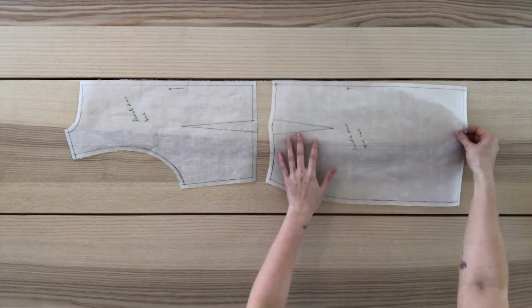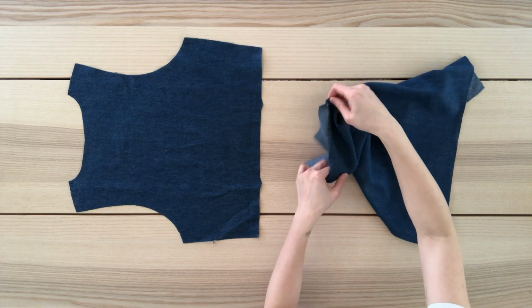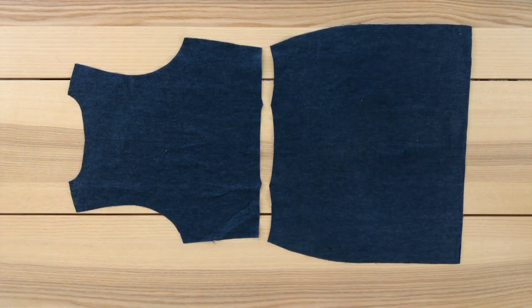Here are the back pattern pieces laid out, and here is what the denim pieces look like cut out. I forgot to film this, but I also cut out a facing piece for the back neckline. I decided that I'll add the zipper closure to this side seam. All of my dress pieces are ready to be sewn together, but I'm just looking at it right now and